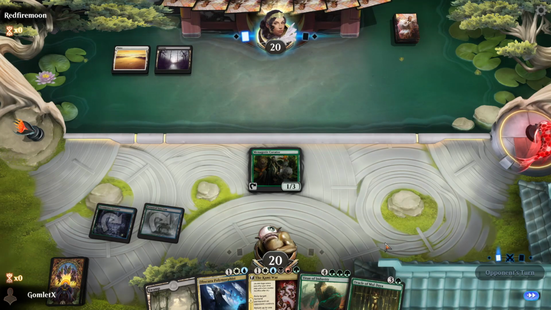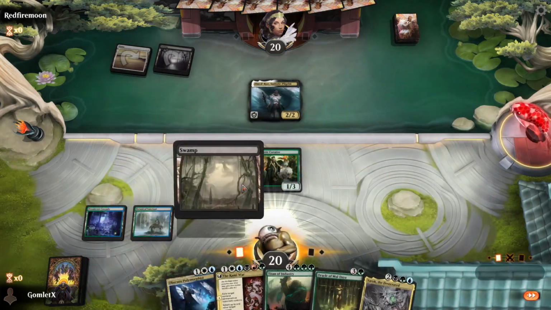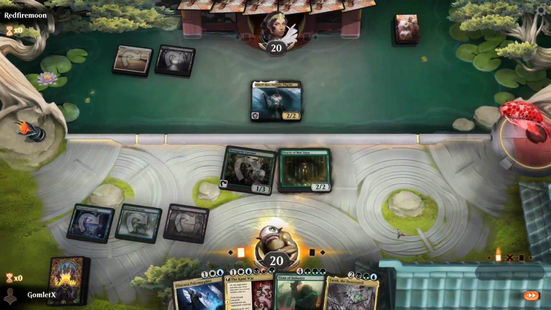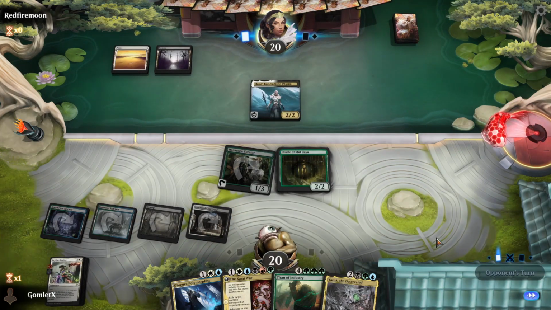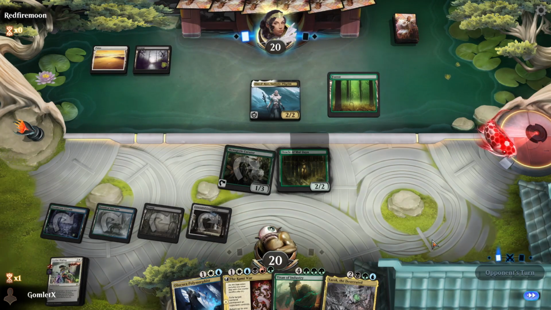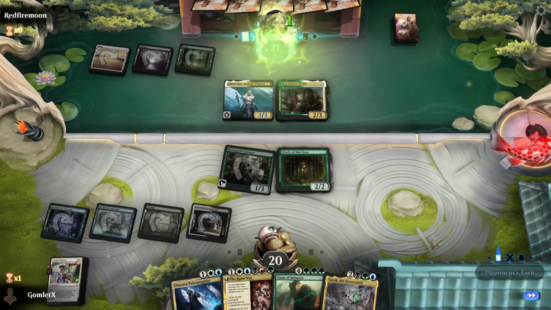Turn 4 Oracle of Mul Daya, or turn 3 Oracle of Mul Daya potentially here. I'm gonna go for it. There we go, we hit an extra land off of it as well. Really, really good start to this game. Everything we draw is gonna be revealed now, so...